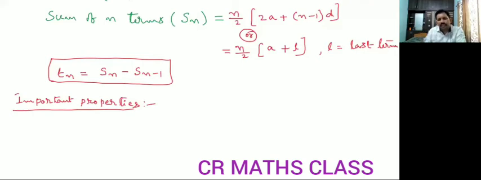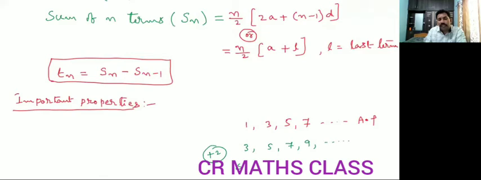For suppose I will take 1, 3, 5, 7 and so on. This is an AP series. In this series, I am going to add a particular constant to each and every term. For suppose I am going to add 2. What happens? 1 plus 2 is 3, 3 plus 2 is 5, 5 plus 2 is 7, 7 plus 2 is 9 and so on. Is this also an AP series or not? How do we know that it is an AP series?